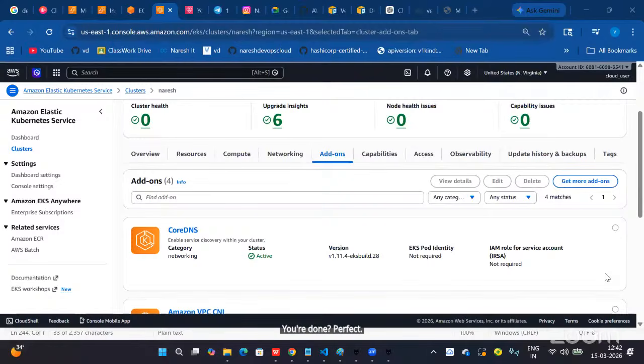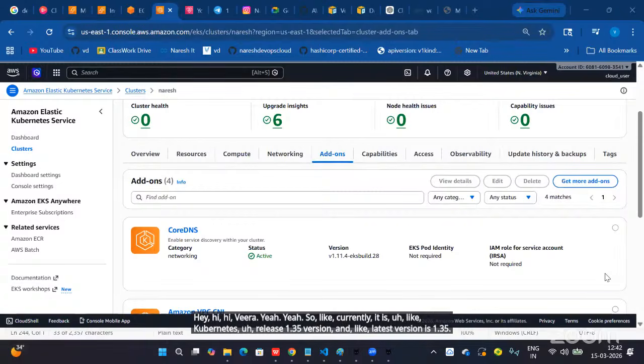Perfect. Nice. Hi, Veera. Currently the latest EKS Kubernetes release version is 1.35.